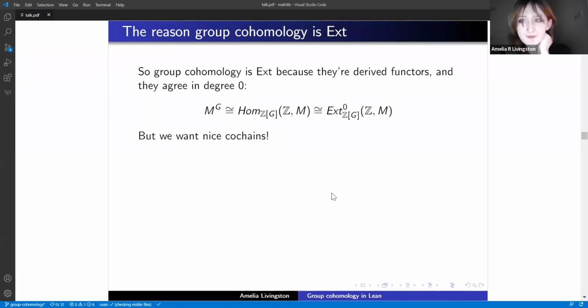So the deep reason that group cohomology is Ext is because they're both derived functors, so all we need to do is check that they agree in degree 0. And we know that because if you take a hom from the trivial G-module, we're taking the integers where the action of G is defined to be trivial, then a hom out of this would be defined by where you send 1, but you have to send 1 to something that's G-invariant, and so you get this isomorphism. So we could show that and we'd be done, and it would be nice and deep and general,